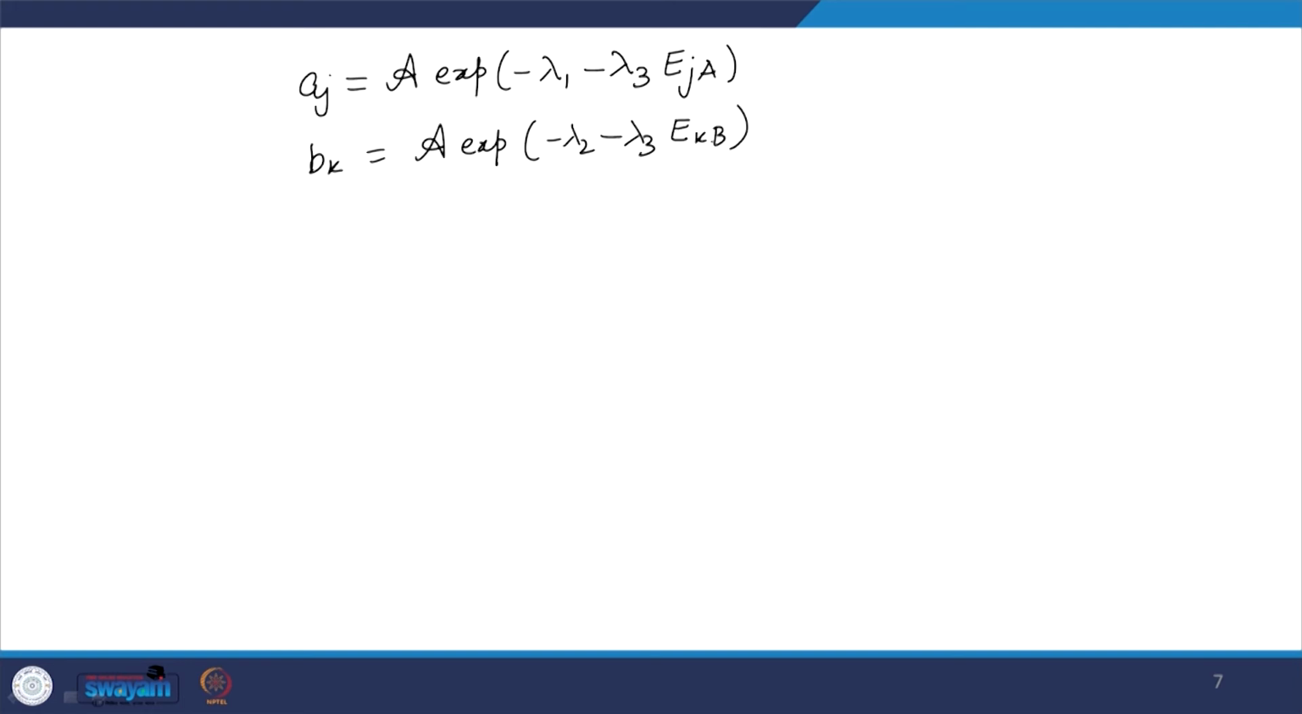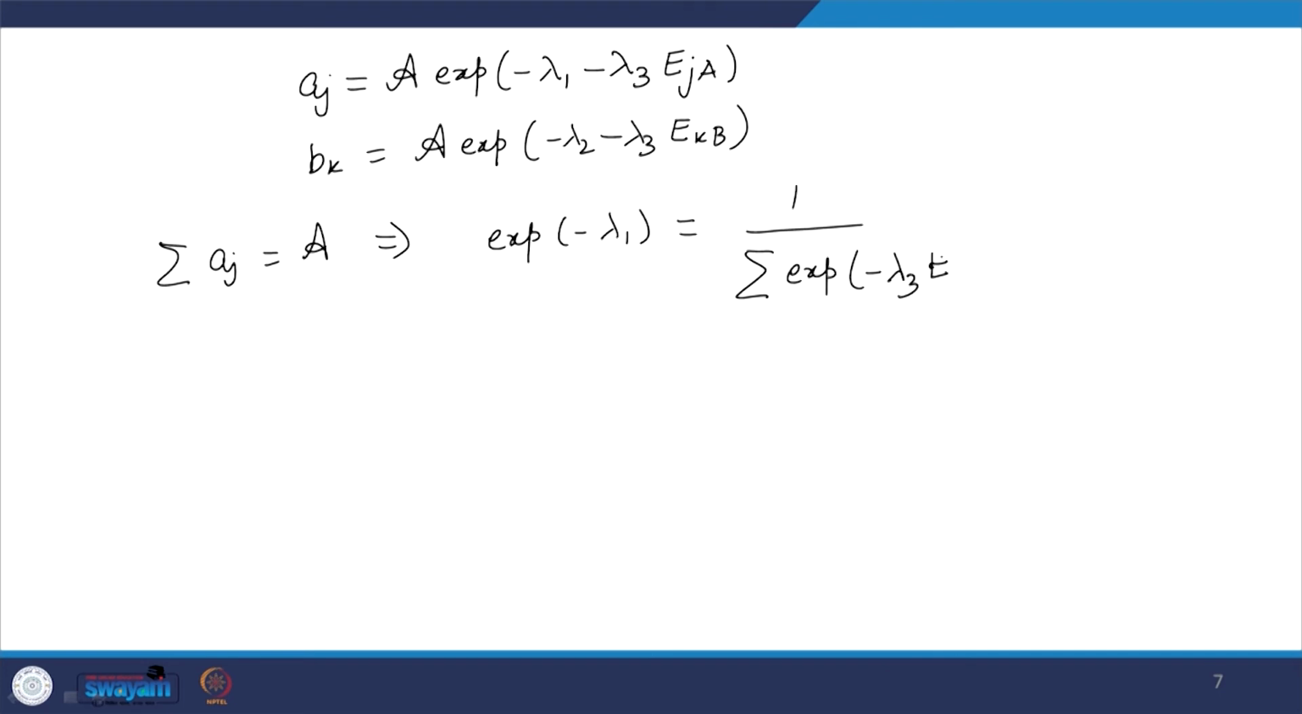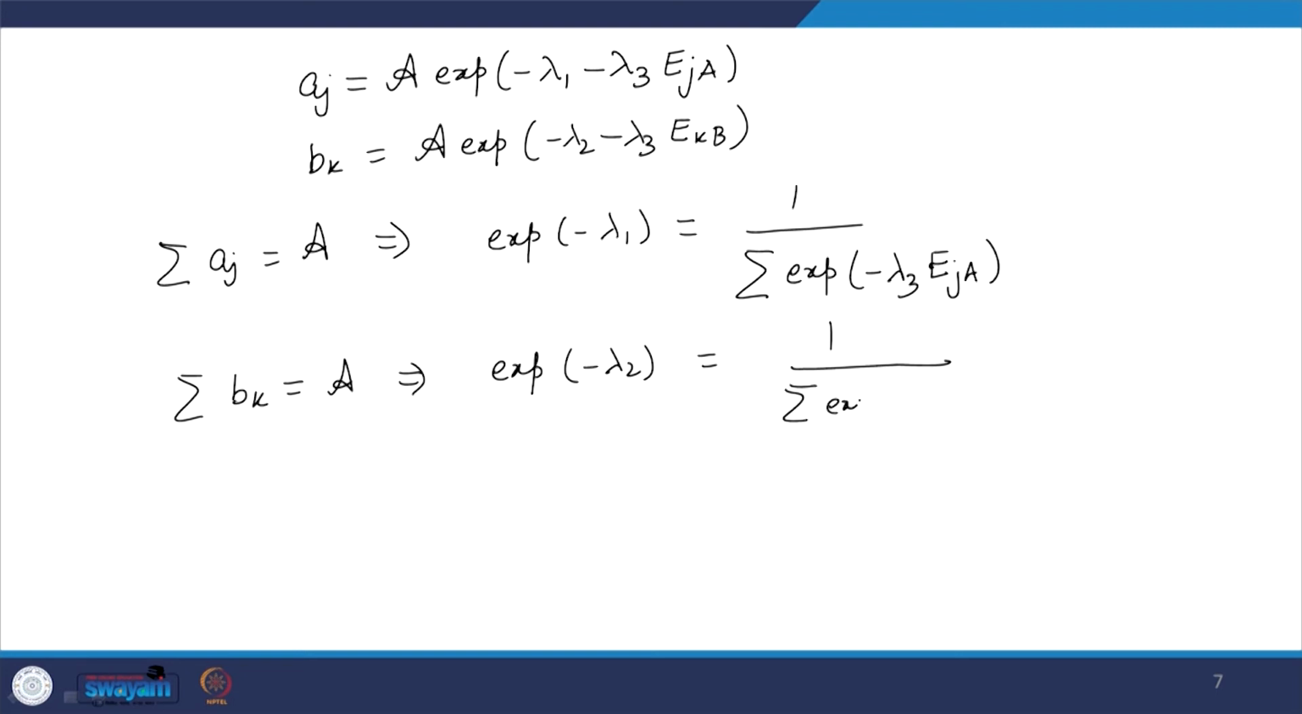Let us first use the constraints. So, summation over Aj is equal to A. This gives me the value of exponential of minus λ1, and that is equal to 1 over summation of exponential of minus λ3 Eja, and similarly for Bk we can find exponential of minus λ2 as 1 over summation of exponential of minus λ3 Ekb, and if I put that in here, that is equal to